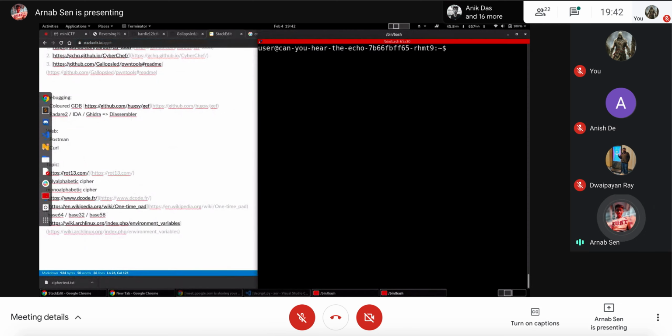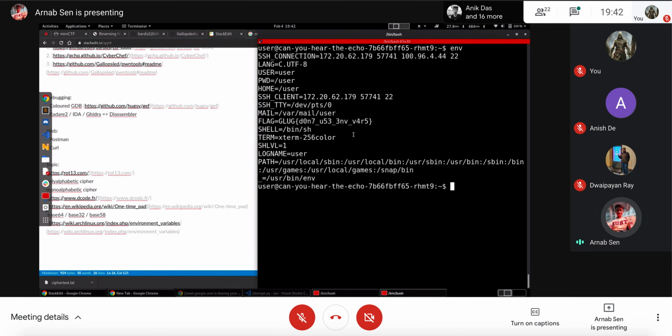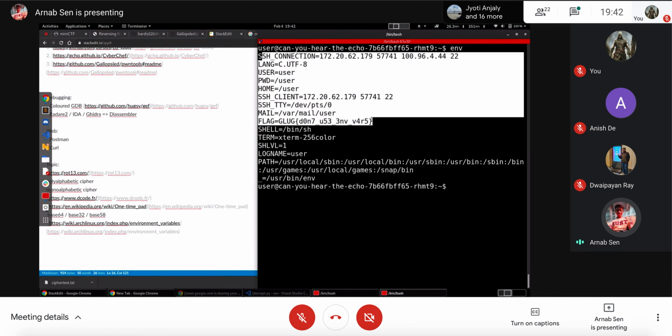You can look at all the environment variables with the env command. If you run env, it shows you all the environment variables.